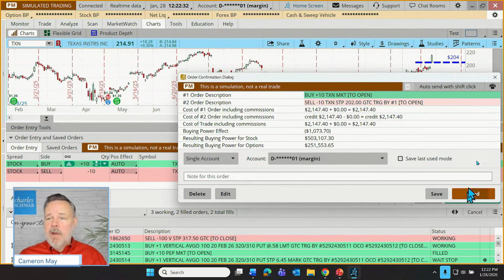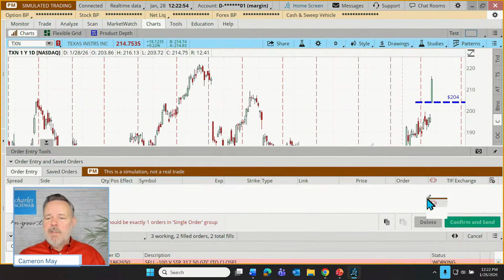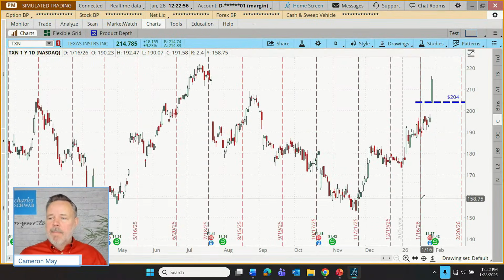And I could just send that order off, but I'm not going to. I'm not going to be trading in and out and in and out, but I will show how we can place the trade. And when we're still looking at the order confirmation dialog box after clicking confirm and send, we haven't sent the order off. So we're not committed to anything yet. But there is a fifth way. We're on number 5. Yep, 5 ways to quickly place trades on Thinkorswim.